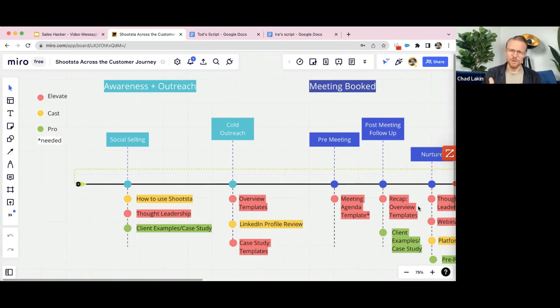So we get that feedback a lot. It's like, I got to press record. I don't know what I'm going to say. And then I kind of waffle, and I got to shoot this thing like 20 times before I'm happy with it. And then I got to send it out. It's okay to think about concise messaging when it comes to your content. And again, we're going to spend some time unpacking that today, but don't feel like you have to reinvent the wheel every time you create a video.